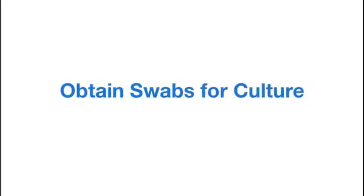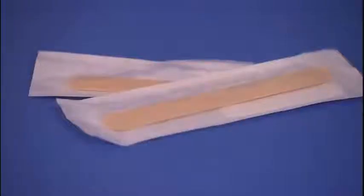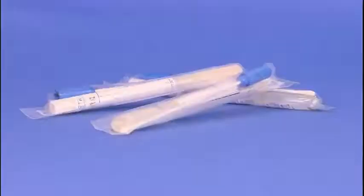This video demonstrates how to set up and obtain swabs for culture. Equipment required includes the following: a laboratory requisition form, tongue depressors, a sterile culture kit including sterile swabs with transport